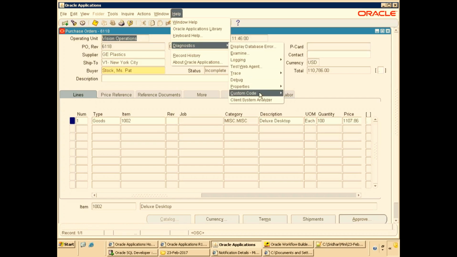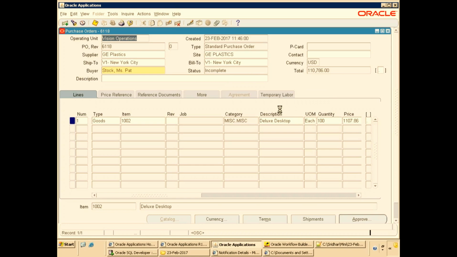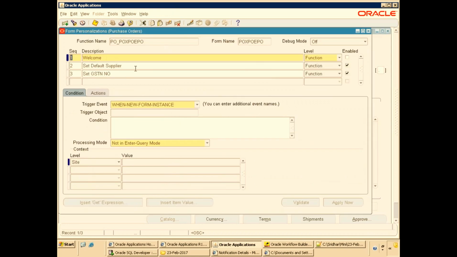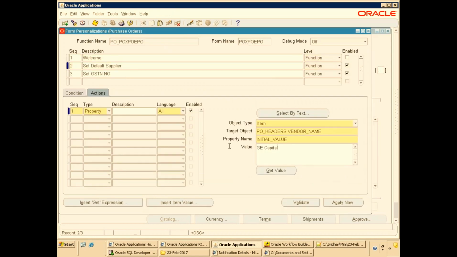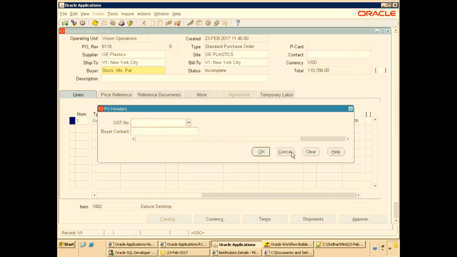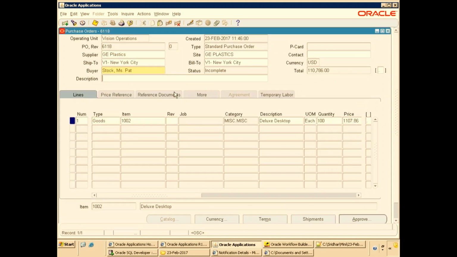Help diagnostics, custom code and personalize. Right? Somebody set default supplier. That's the thing. That's the reason we are getting the supplier always. Yeah, it comes under form personalization. Yes, it comes under personalization, form personalization.